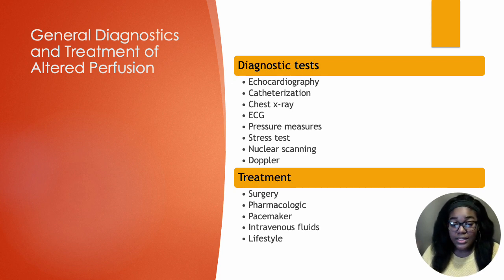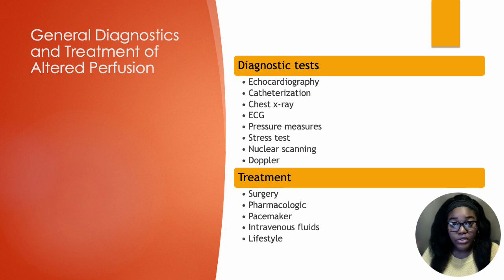You'll do a stress test, which basically simulates, you can have this medically done, but it basically puts stress on the heart to see how well it tolerates active movement. You can do nuclear scanning, or they'll do Dopplers. As far as treatment, you'll see surgery, pharmacologic treatments, and that depends on the condition of the different pharmacological drugs. You'll have pacemaker interventions. You may see different types of intravenous fluids, and also lifestyle changes would help treat issues